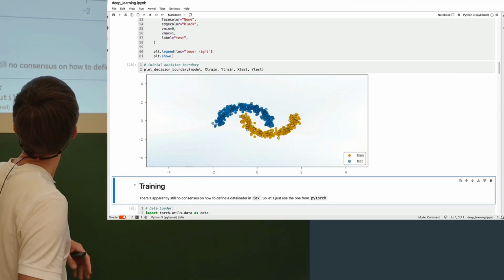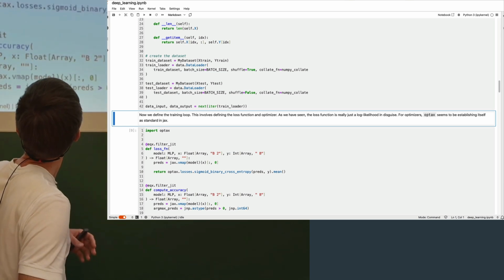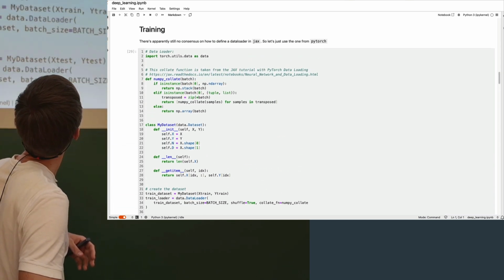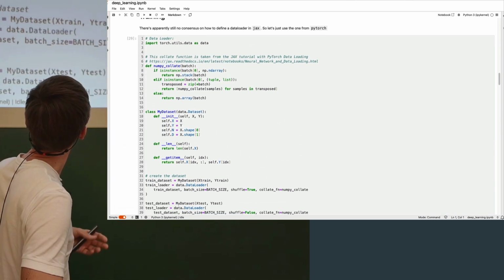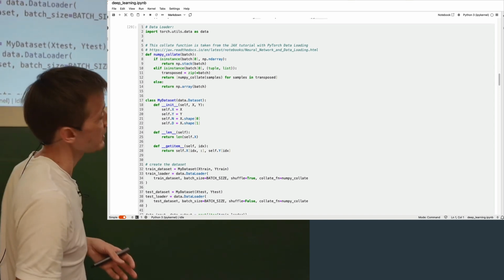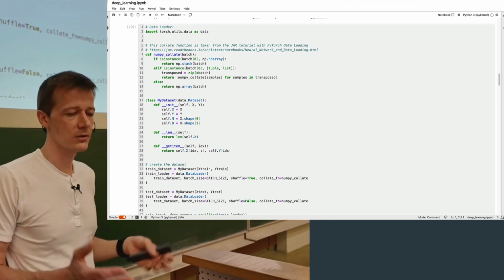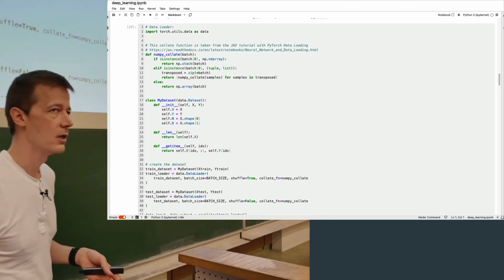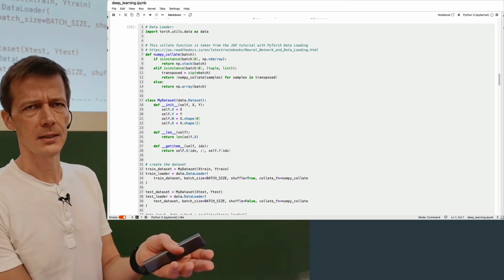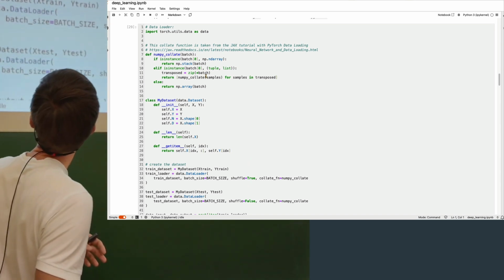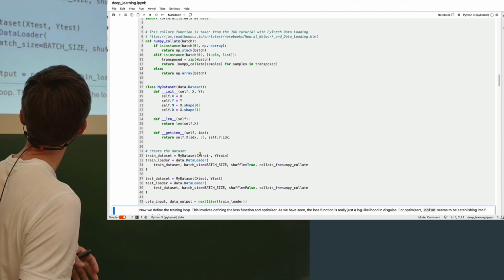And now we define the training problem. And again, everything is as you would normally do. So we first define a data loader. In JAX, there doesn't seem to be some consensus on how to define a data loader. So we're going to use a data loader from Torch. If you've taken the deep learning class, maybe you've encountered something like this. So we're going to use, where is it, down here,